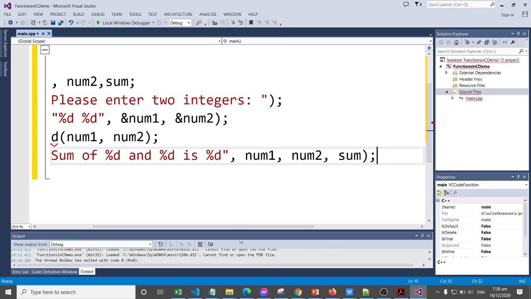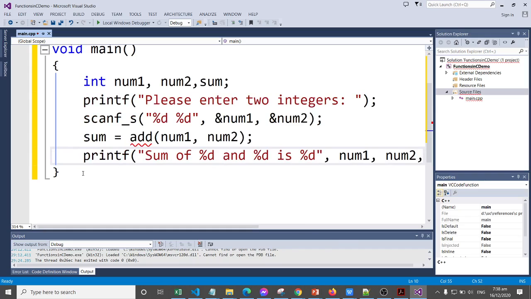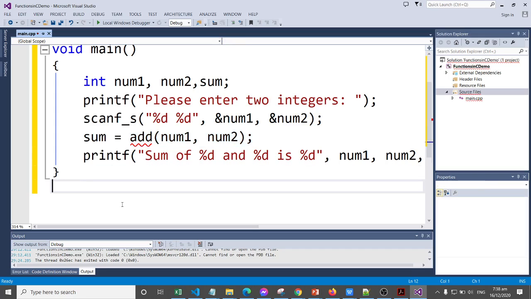Okay, so now that we have the function call, we're going to define the function, and the value that we're going to return is of type integer. So we need to have the function return type of type integer also.